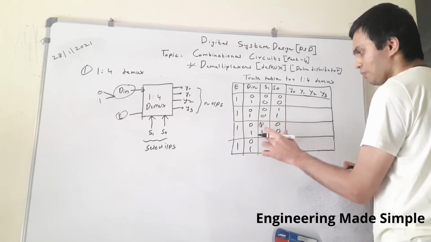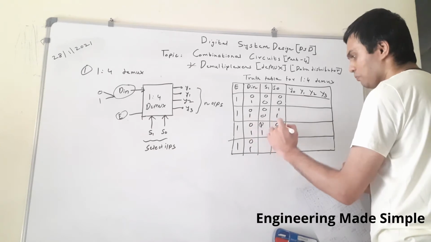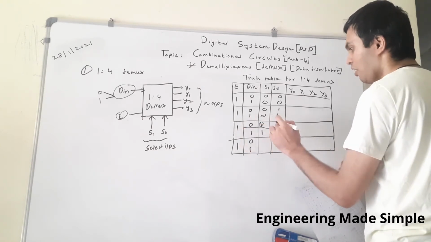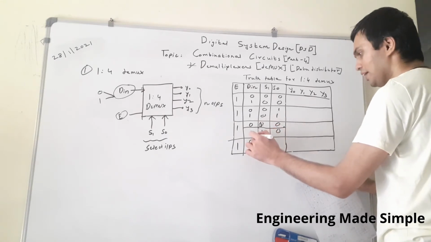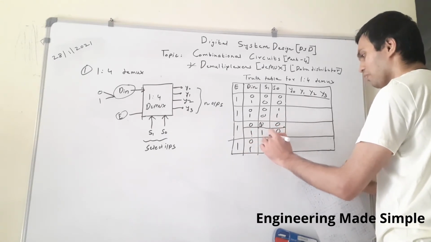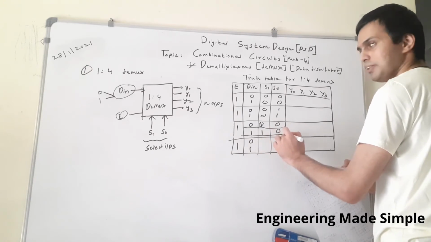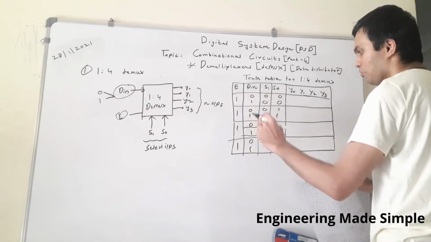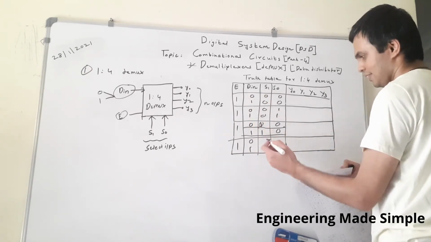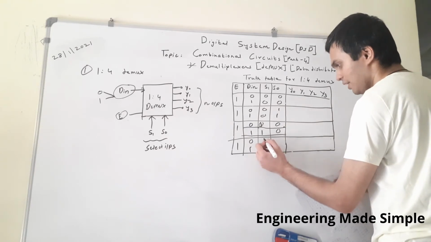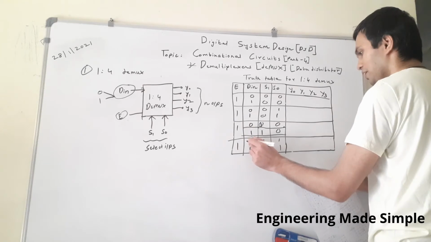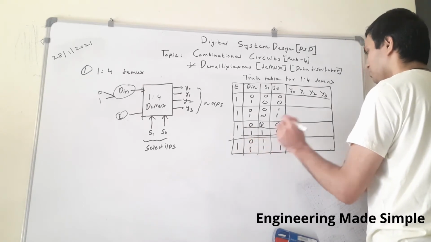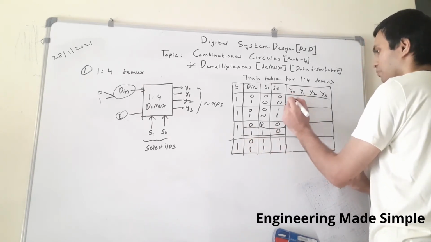Why are we writing this twice over here? Because we have to consider both the cases. When DIN is 0, we also have to check for select line combination 1 0, and when DIN is 1, we have to also check for the input combination of 1 0. As the input consists of two combinations, I have to write this twice. So it would be pretty much clear. Now the next one will be 1 1, 1 1, because for DIN equal to 0 and DIN equal to 1, we have the corresponding outputs.